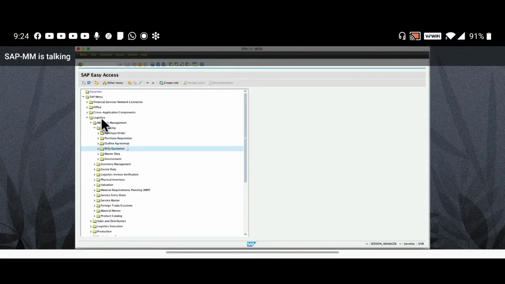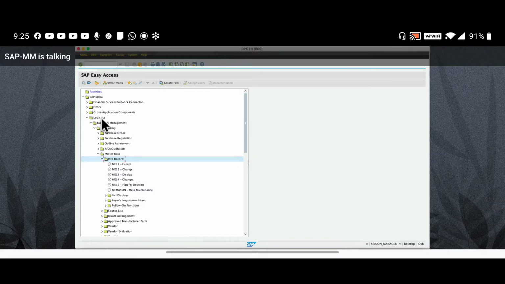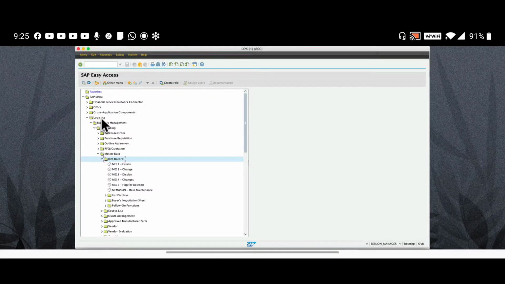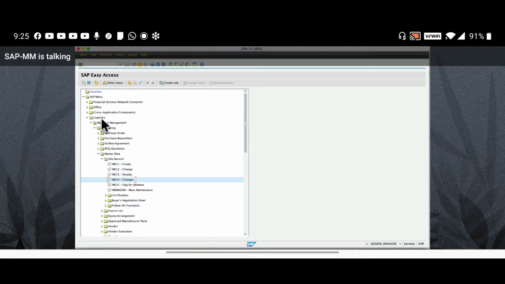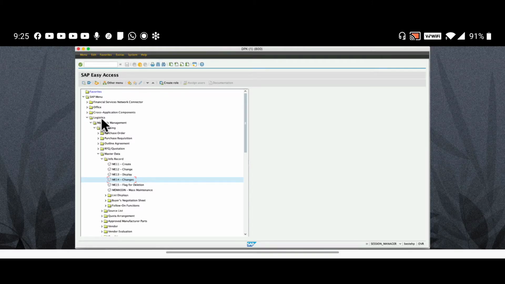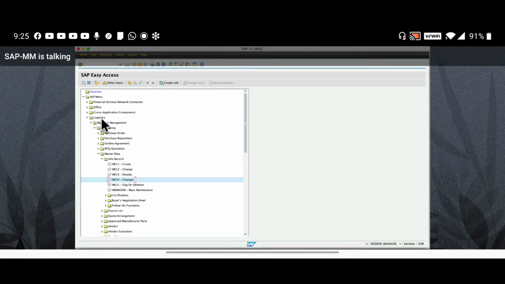Next, ME13, display info record. ME14, changes. ME15, flag for deletion.